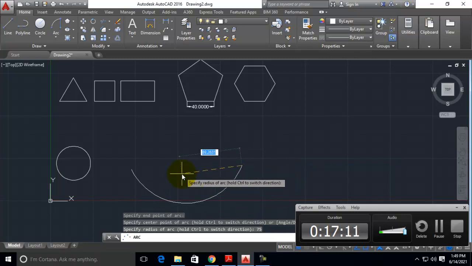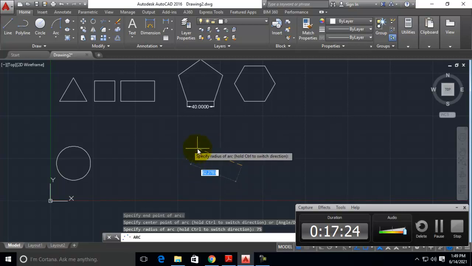If you see here, it is displaying hold control to switch direction. Just hold the control and move it in such a way that it is shown above. Now you can control the radii values like this. This value is very much higher, but no problem.